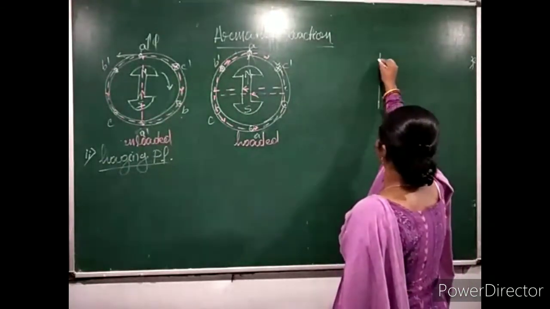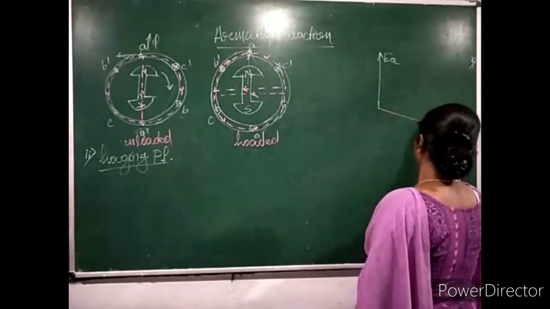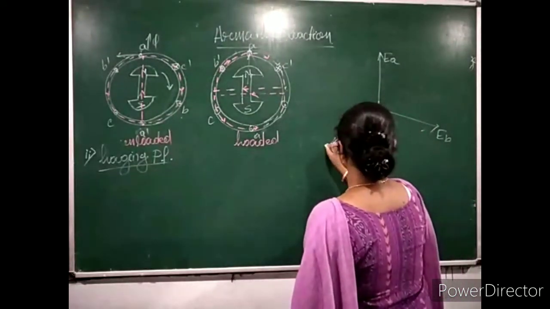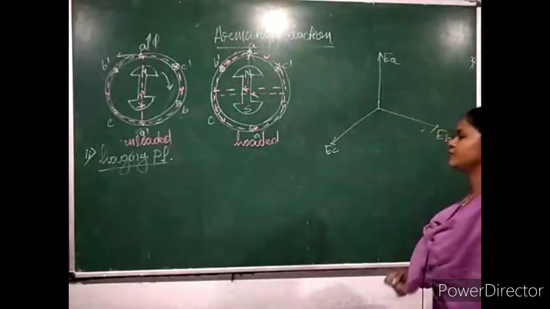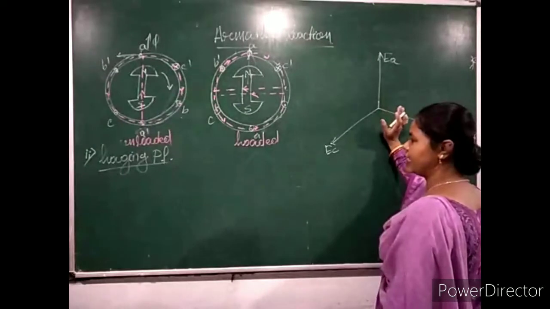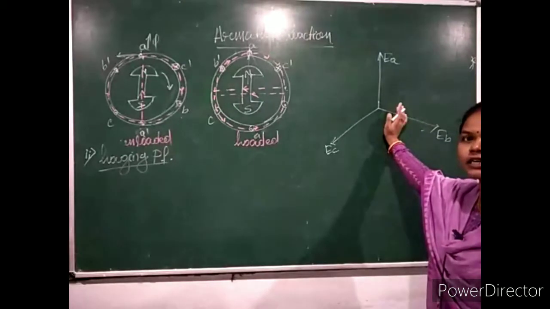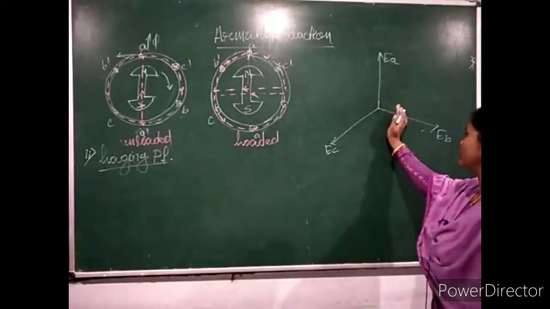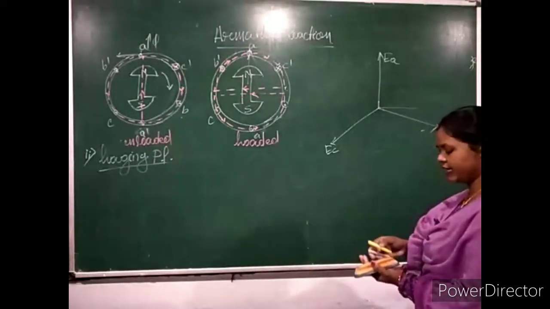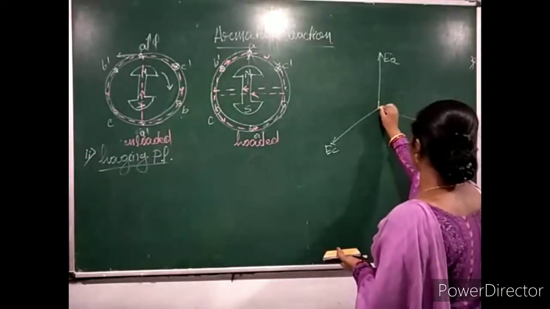Here, first I draw the phasor for phase voltage. This is the EMF of phase A. This one is the EMF of phase B. This one is the EMF of phase C, and they are displaced from each other by 120 degrees. As it is a lagging power factor, the load is purely inductive. It doesn't consist of any ohmic loss. So its current lags their respective phase voltages by 90 degrees.